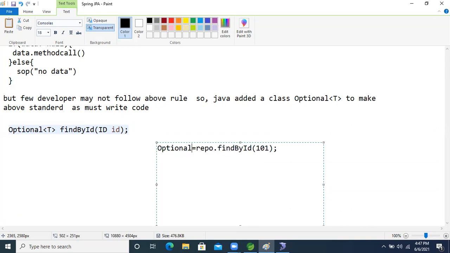Employee, I'm taking E reference only. So we will call that method, and after that we will check the condition.